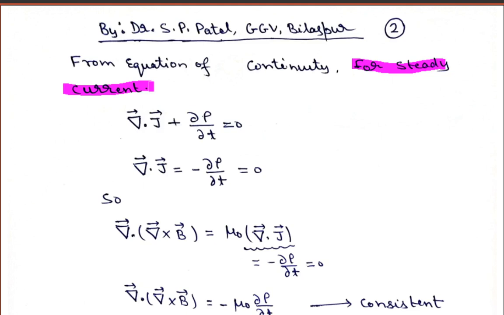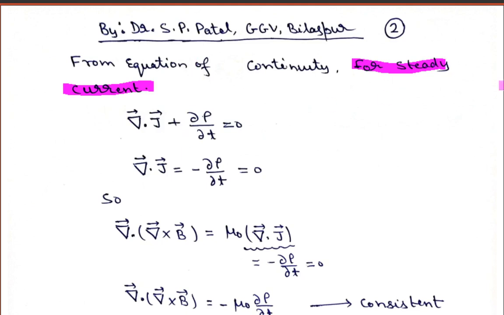It means as many charges are reaching some point, that many charges will leave. The number of entering charges and the number of leaving charges should be equal, and that is known as the steady state. So there will be no change in the current. That is why we have called it stationary current or steady current. Because of this steady current, we got the magnetic property in the meters.